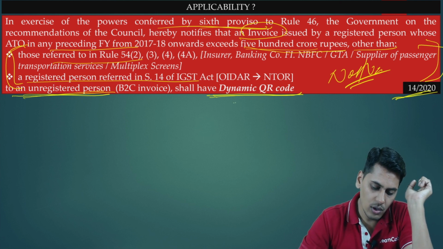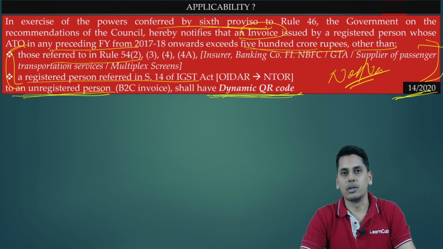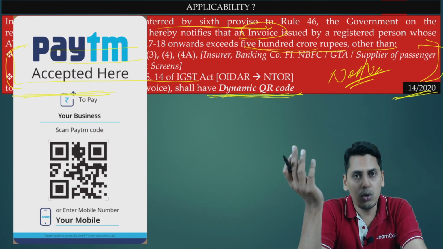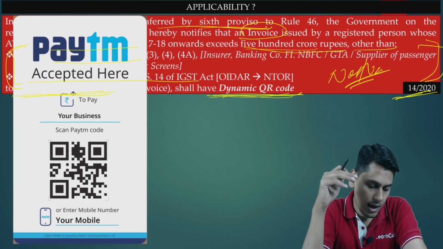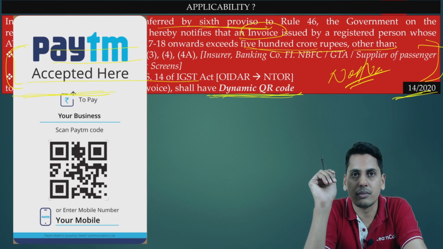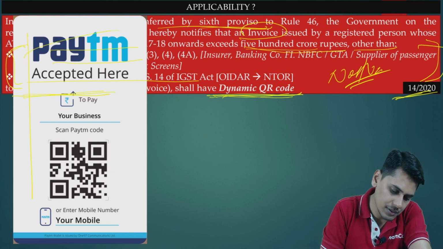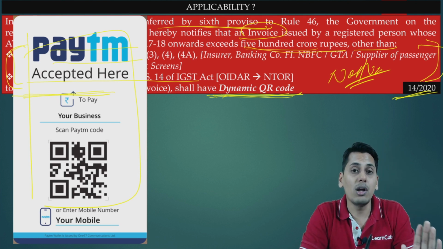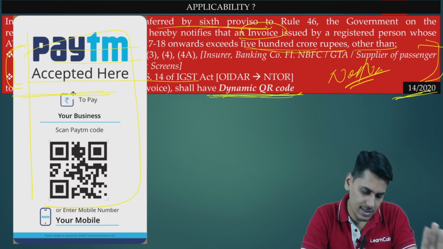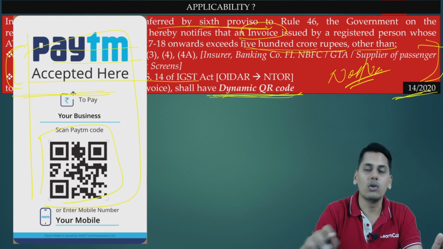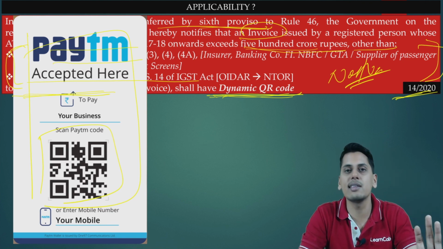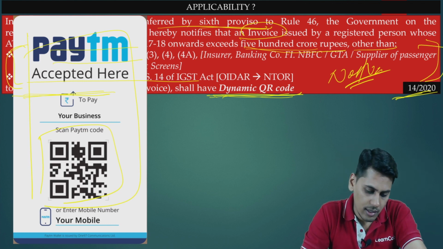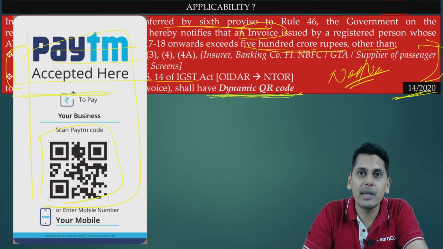Now friends, first of all, what is a dynamic QR code? You might have seen a QR code. Let's suppose you go to a mall, you go to a shop, and after you complete the shopping, you want to make a payment. While making the payment, on the billing desk, you might see a small poster or a small pamphlet which is stuck there, carrying a QR code. Whatever the bill amount is, you can just scan this QR code and make the payment. Now friends, is this a dynamic QR code?